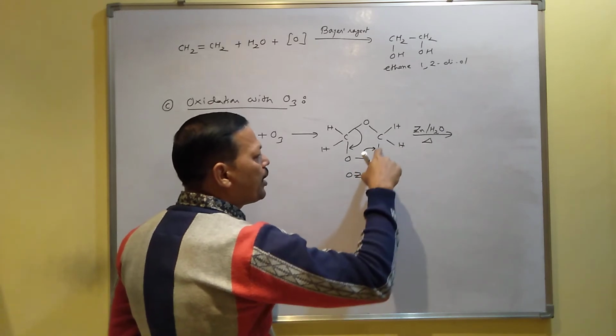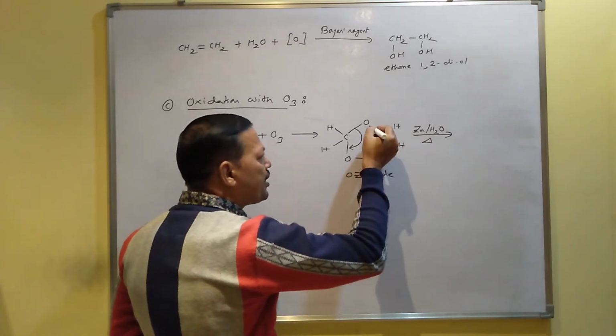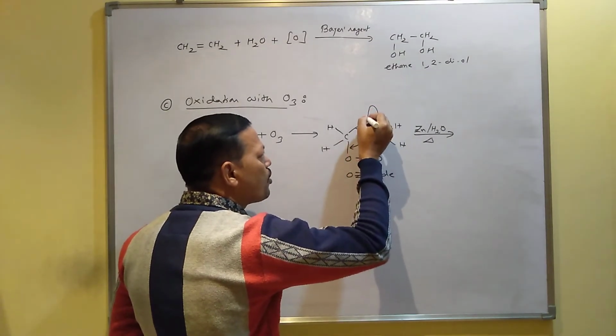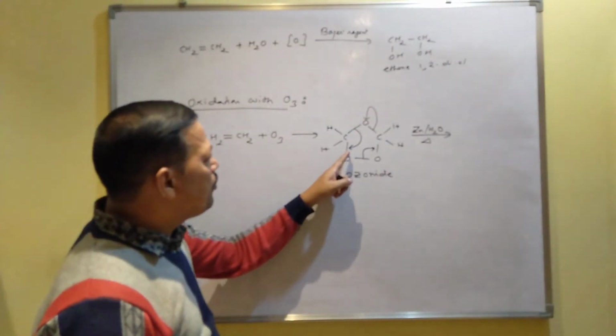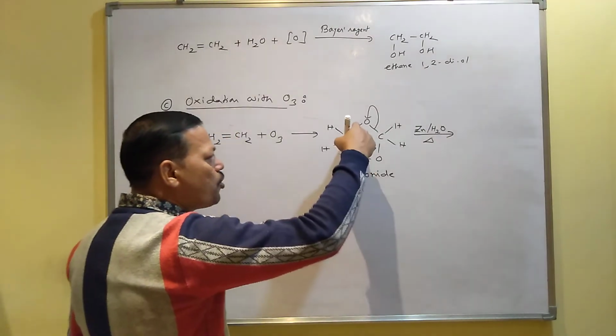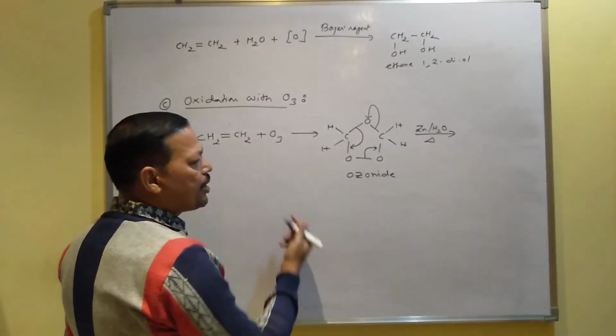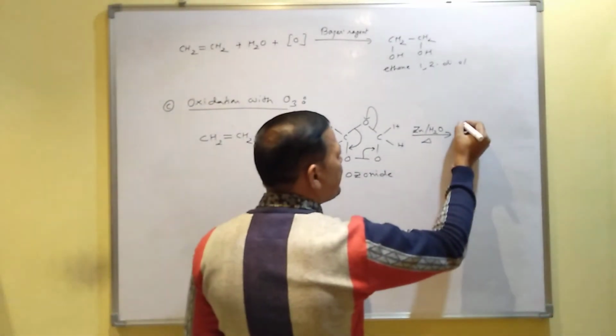This bond will break, and here you will get a double bond, and the bonded electrons go towards this oxygen. So when this single bond is converted to a double bond, since this bond and this bond break, this part will separate out. You will get the product like this: